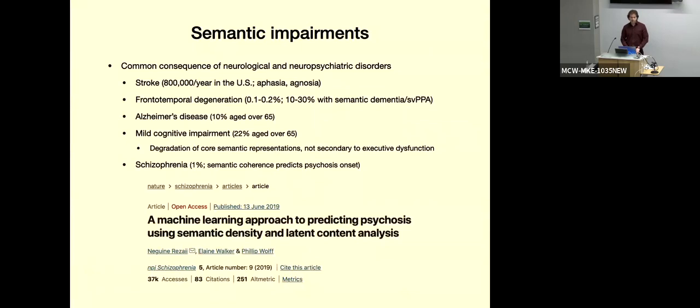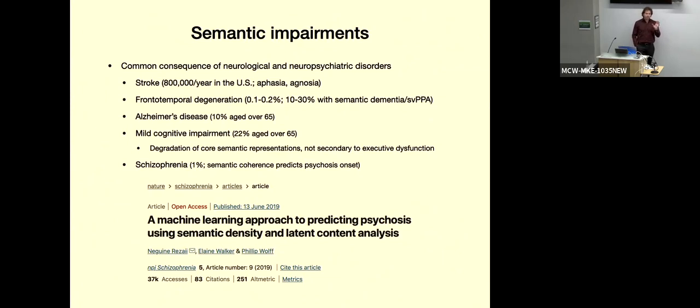And finally, schizophrenia, which is a disorder of thought, also involves semantic impairments. And interestingly, recent studies have shown that when you analyze the semantic content of the spontaneous speech of schizophrenia patients, you can actually predict, based on the semantic density of their speech,